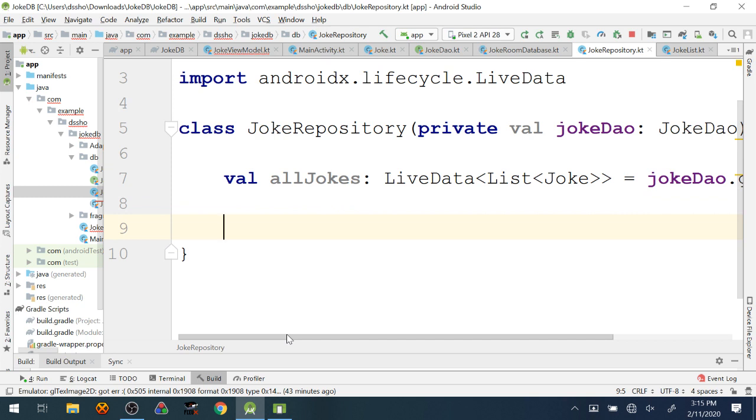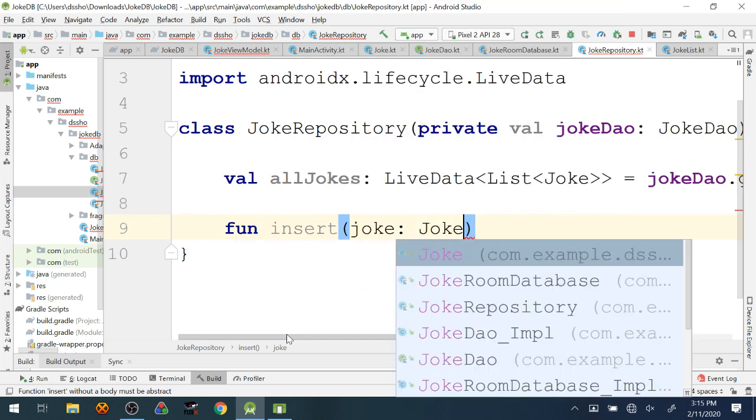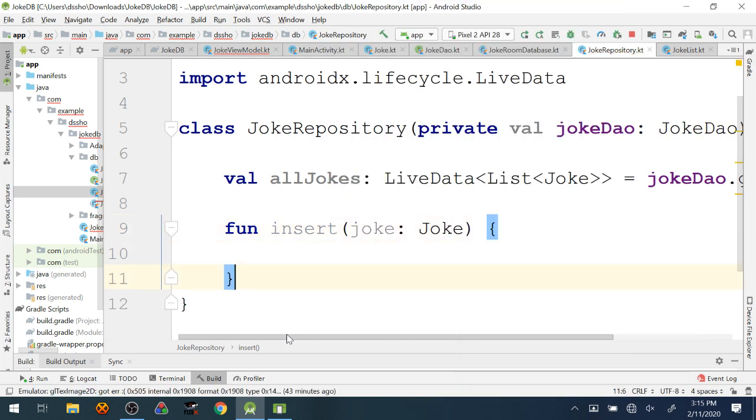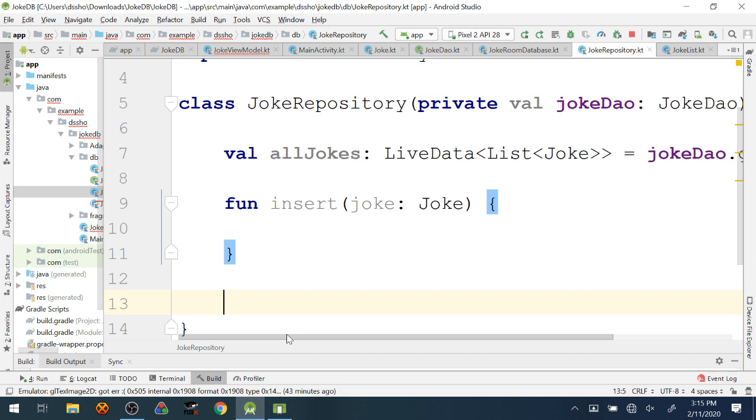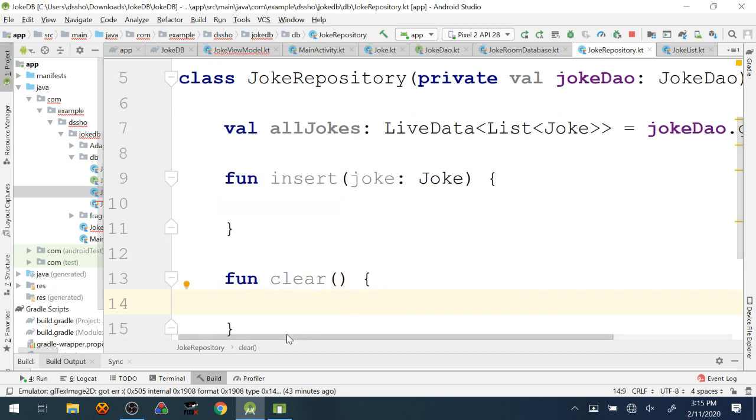Now I'm just going to make a couple of functions, one for insertion, which is going to insert a joke and just call insert on the DAO, and another one for clear, which will delete all the jokes and just call the delete function on the DAO. They're both going to look very similar.